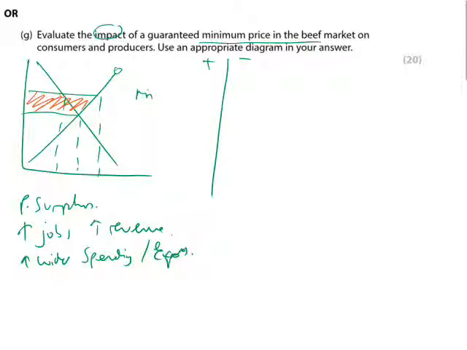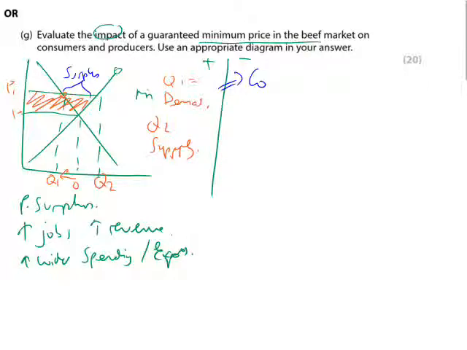However, you do have the analysis of who misses out here. So you end up with demand only being at quantity 1 at that level. So quantity 1 is the demand and what it's fallen to. Then you also have the quantity 2, which is the supply in the market, as businesses are more willing to supply at the higher price. So what you do have between the two is a surplus. So on the negative side, you have that the consumer, or specific consumers who still can't afford it, between Q1 to Q2,